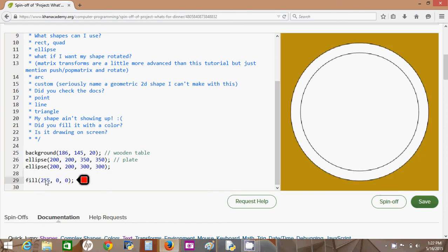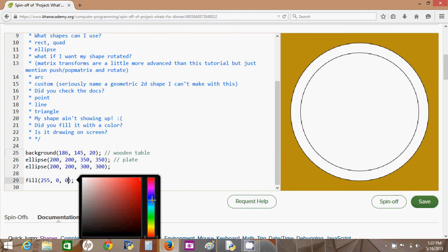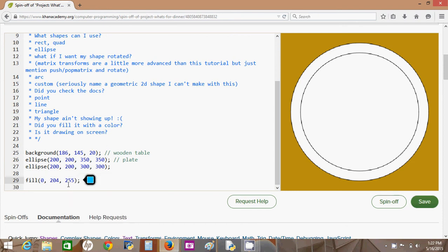Fill tells your program what color you want the shape to be. It's just like background in that you give it an R, G, and B value between 0 and 255, or you just pick a color using the nifty pop-up. And then from then on, after the fill statement, every shape you write will be colored with this color until you write a new fill statement. So just as an example,